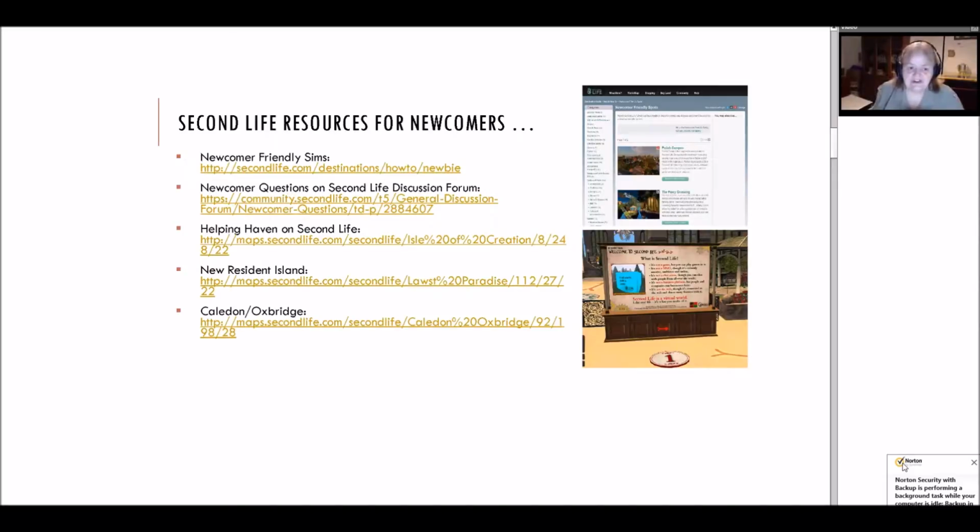So now, over the years, they've built up a number of places that are just absolutely newcomer friendly, and these are some of the better ones. This one is Newcomer Questions on the Second Life Discussion Forum. This is a location, Helping Haven, New Resident Island. I'm not sure if that's still there, but Caledon Oxbridge definitely is, and that's a fantastic place to go at the beginning because there's an enormous amount of